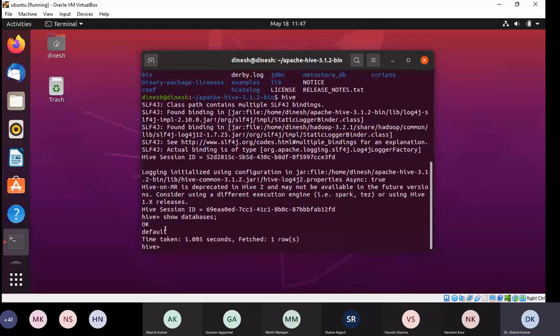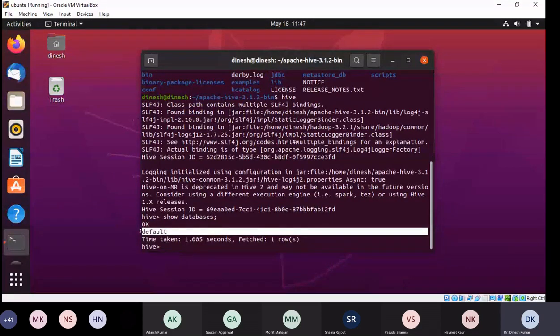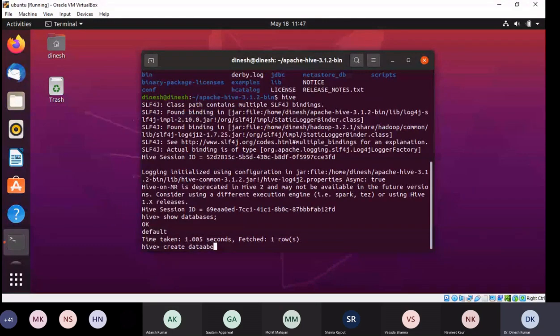Right. So let us first create our own database. The simple syntax is create database, we can write if not exists, and the name of my database, MyDB. We can also give a comment, this is demo.